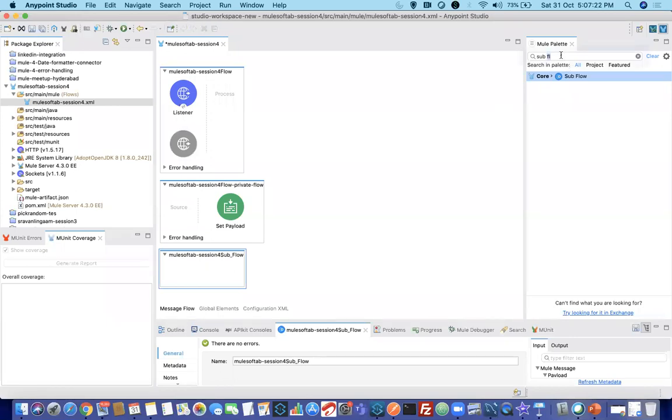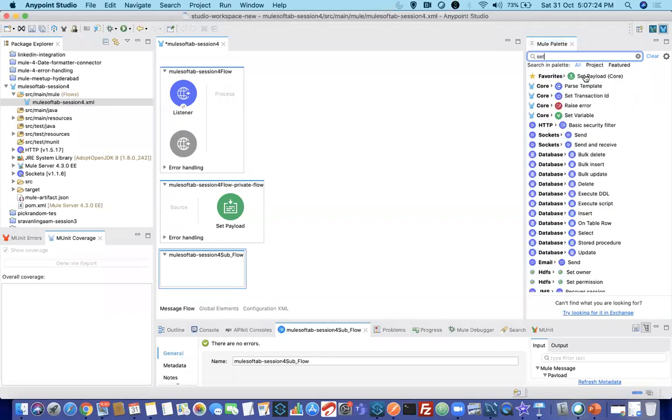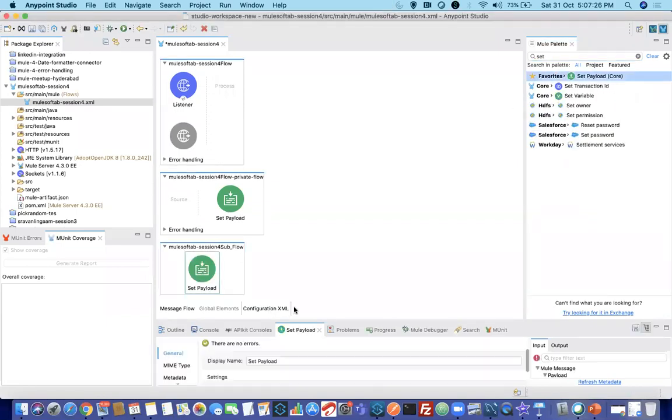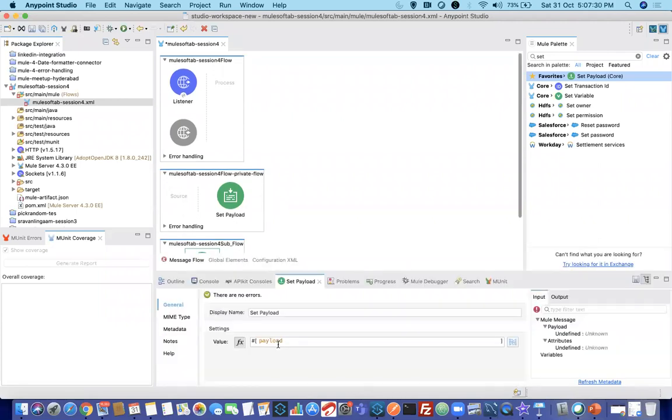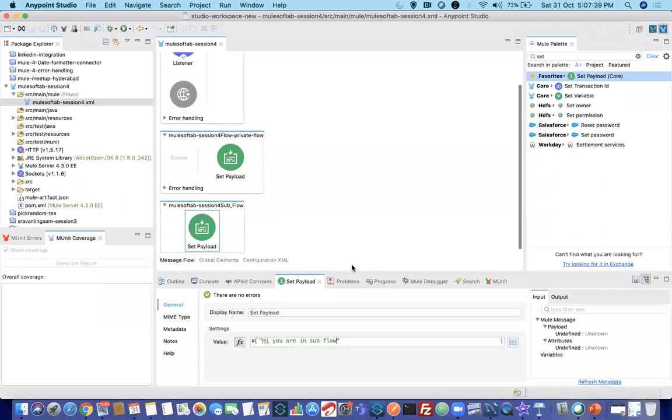So keep another set payload within the subflow. Here you can mention, hi, you are in subflow. Now I told you earlier, it is always best practice to give a proper display name here.